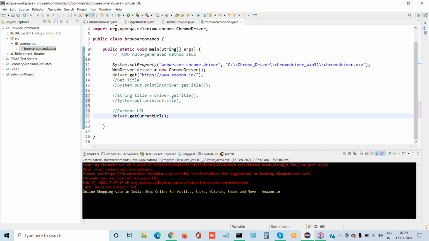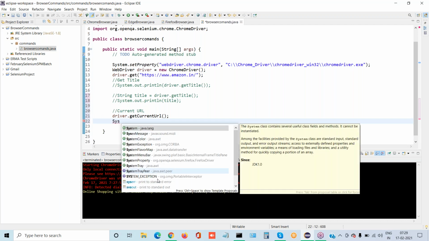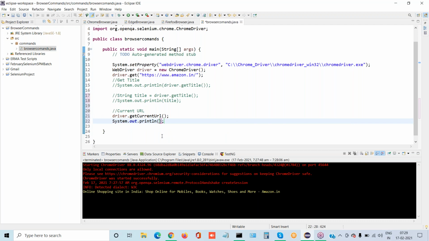How will you print? System.out.println, passing that entire thing. Otherwise you can store it in one string and pass that string value. Good, pass just the URL.